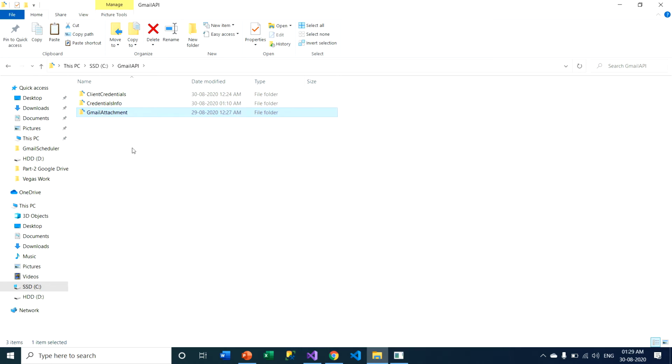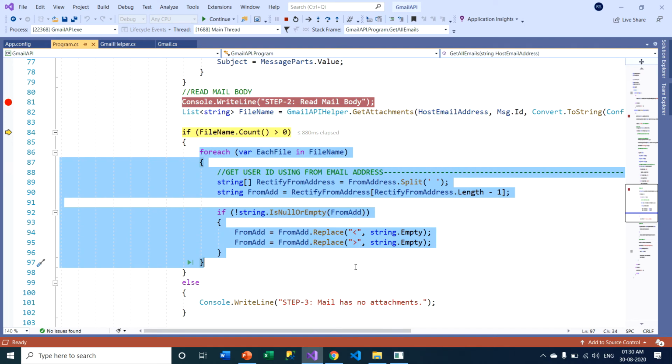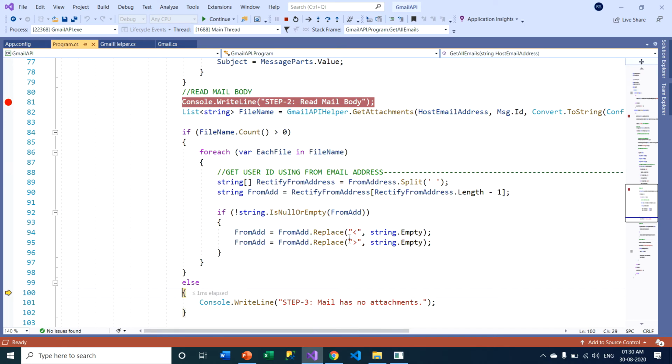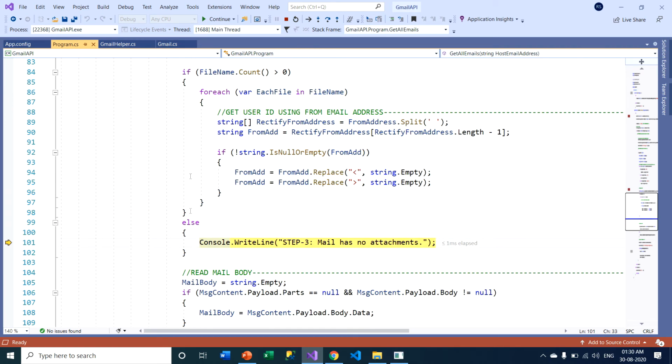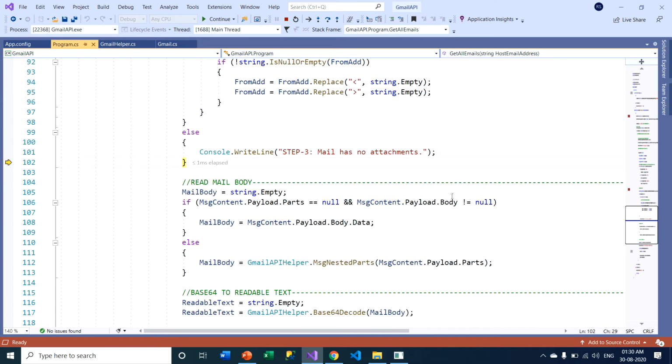All attachment files regarding my emails are stored under this particular folder, Gmail API and Gmail attachment. So just pressing F10, and obviously the program moves to this else part. Console.WriteLine, I printed: mail has no attachment. Just click on F10.